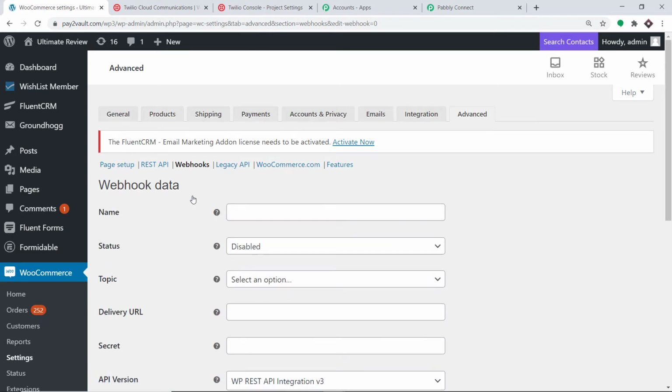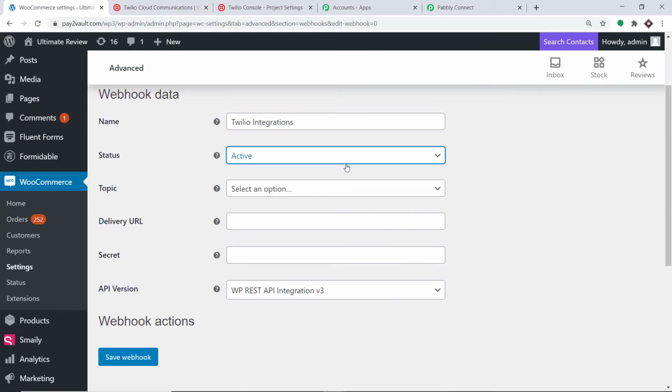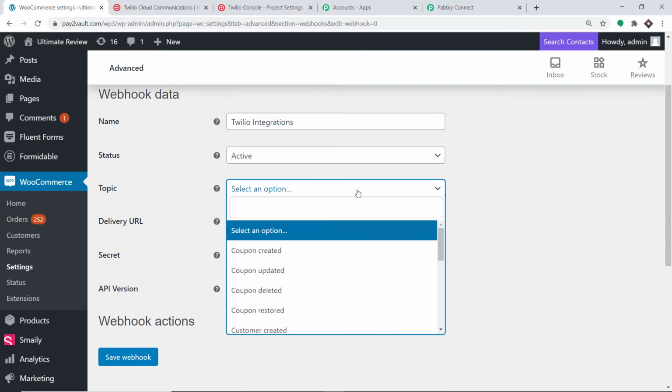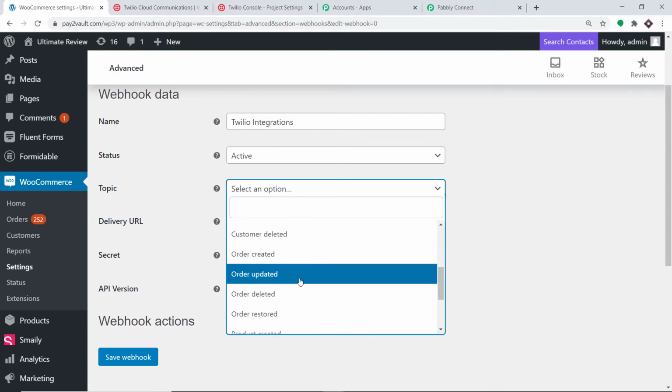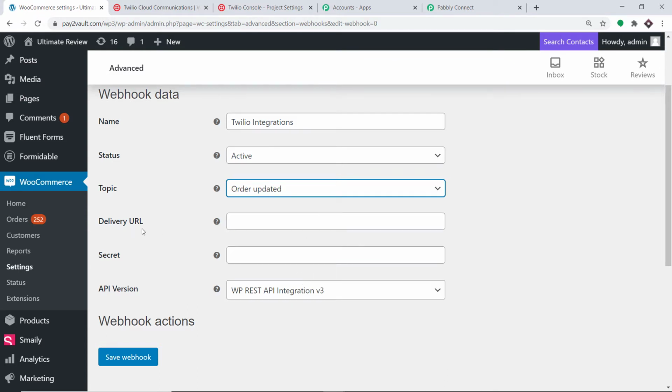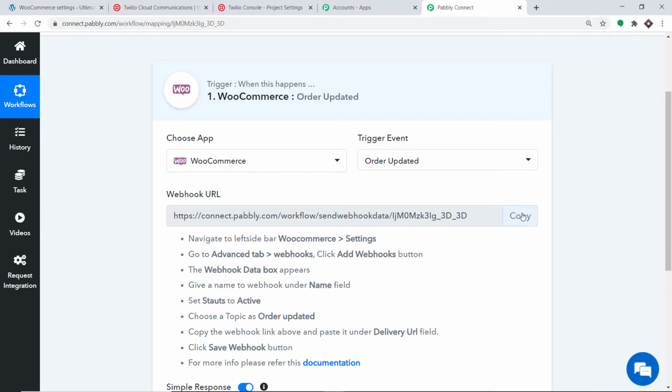Okay, so we have to give a name to this webhook. I'm going to give it as Twilio integration. Okay, so the status has to be changed from disabled to active. Now the topic should be order updated. Okay, now in the delivery URL, you basically have to go to Pabbly Connect and copy this.